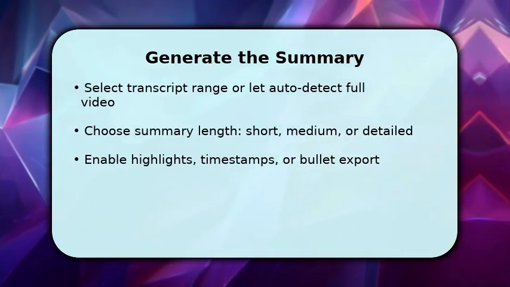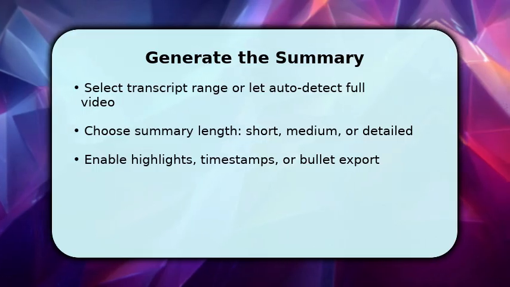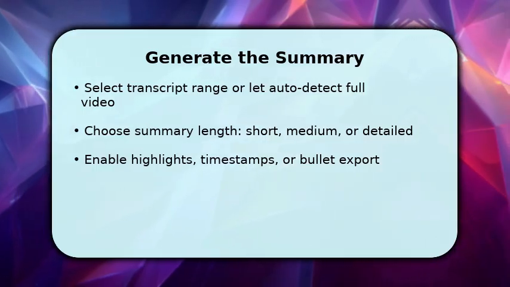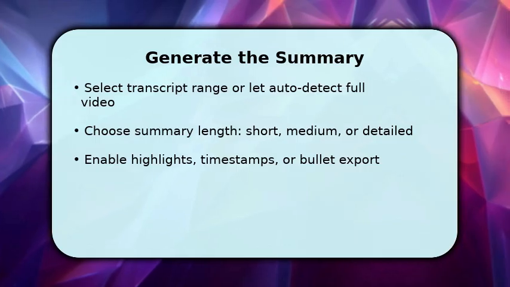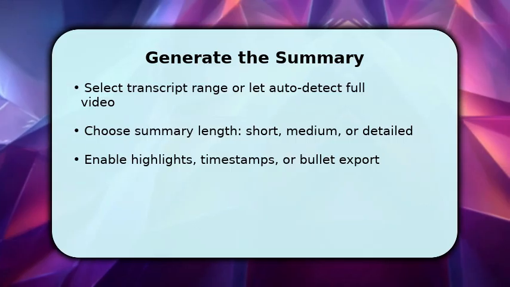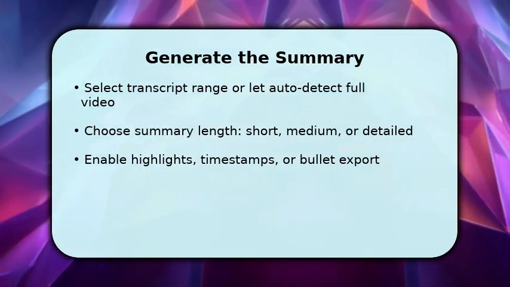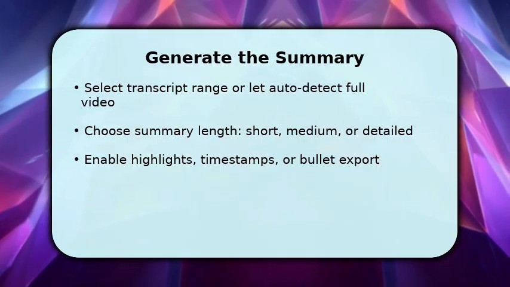Choose the summary mode: short for highlights, medium for main points, or detailed for an expanded outline. Make sure to toggle features like timestamps, key phrase highlights, or bullet export depending on your use. Then press Generate. Blackbox will parse the captions, cluster main ideas, and assemble a concise narrative with time-linked highlights for